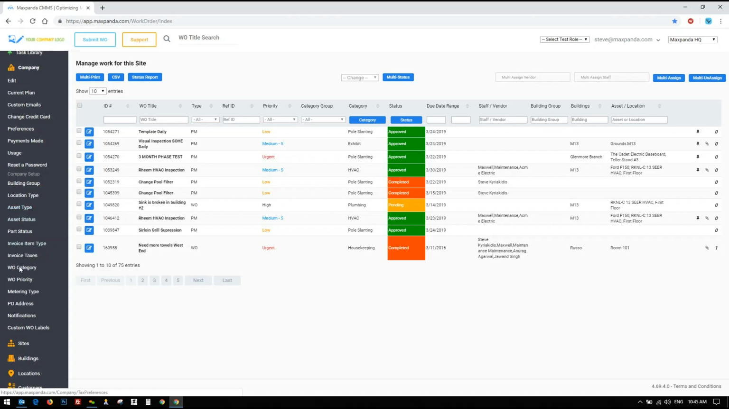So you can define your asset types. You can define your work order priorities. Basically, every dropdown you're going to see in Maxpanda is configurable by the company administrator. Now, this is very important, because we allow unlimited users,